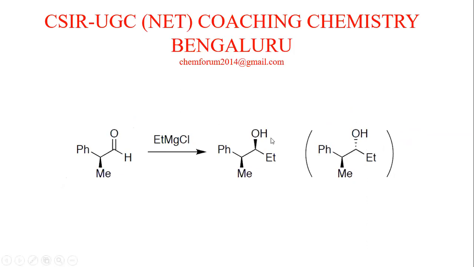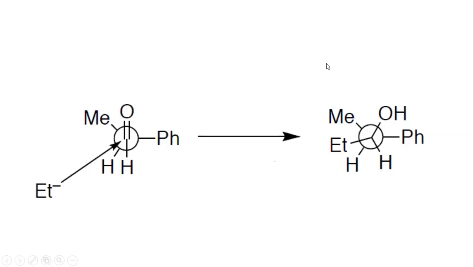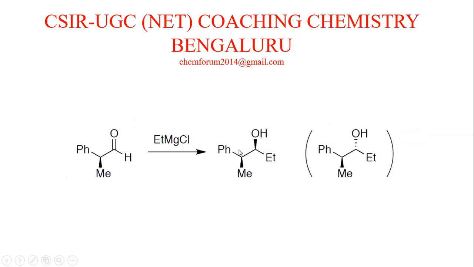In this case, look at the products. Here we have phenyl and ethyl, which are on the plane. From this Newman projection, we should take the two substituents, one on the rear carbon and one on the front carbon, that are anti to each other. This ethyl and phenyl are now anti to each other and in the plane. So we select phenyl and ethyl as the ones on the plane.